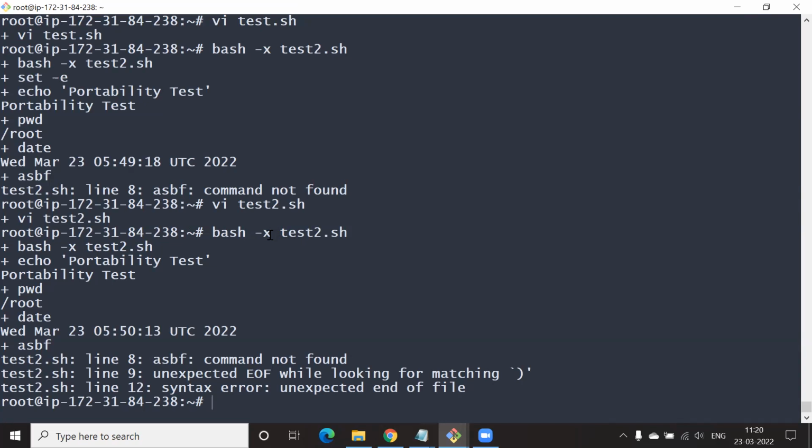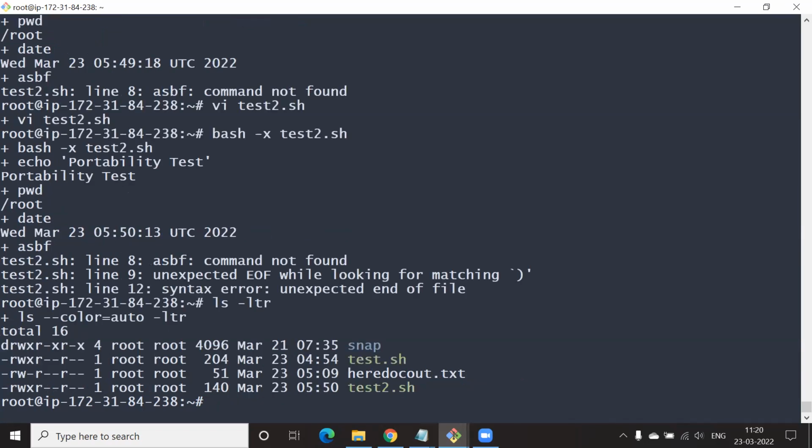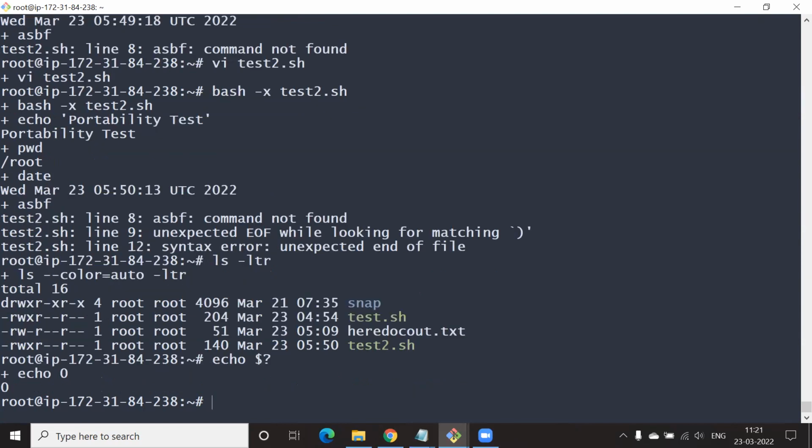Okay. Next, let's see. Type in ls. Next, type in echo space dollar question mark. Notice we're getting an output of 0.